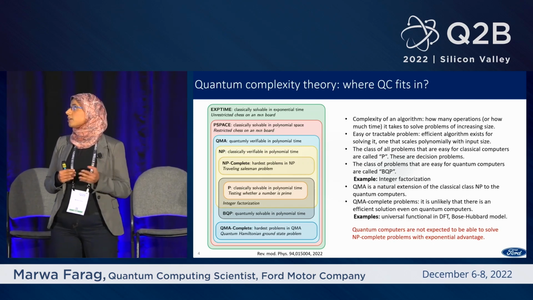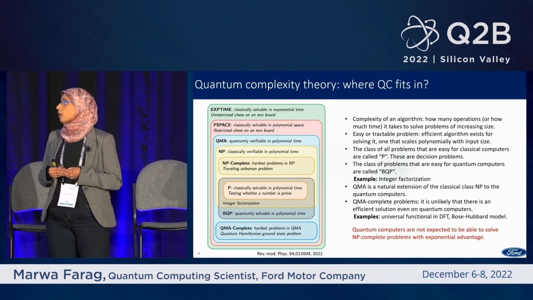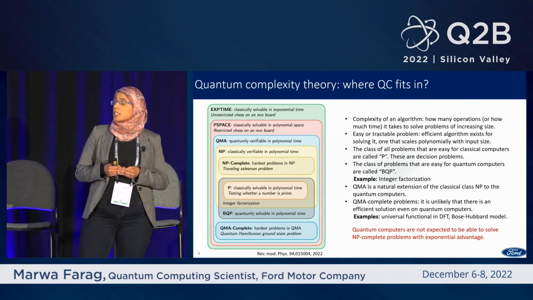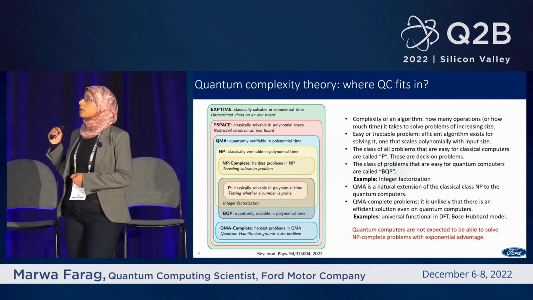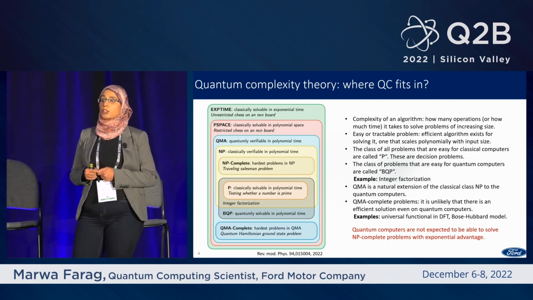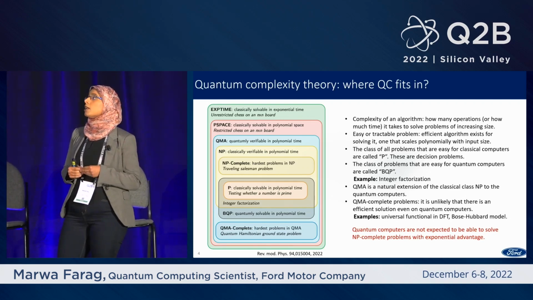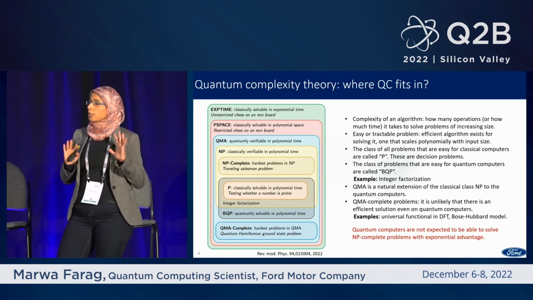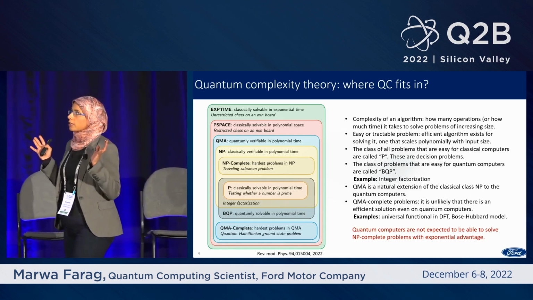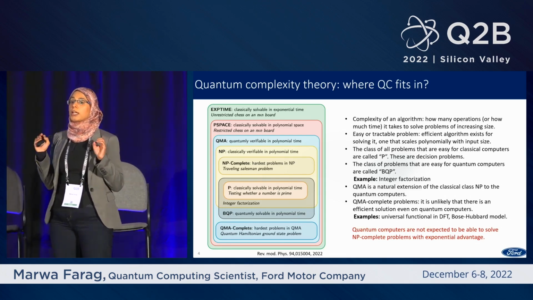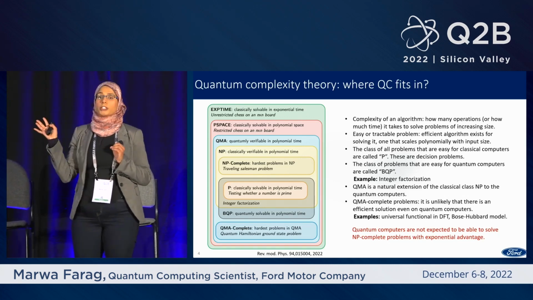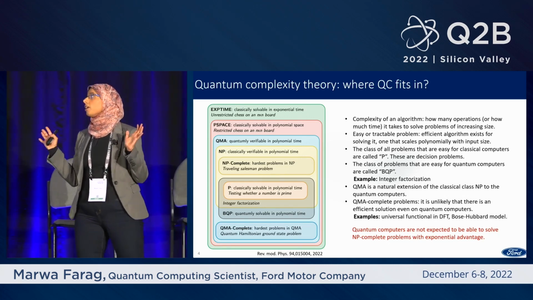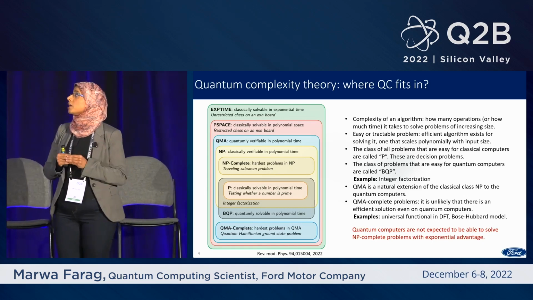A typical example we all know about is the traveling salesman problem. Then we have polynomial space. These are problems that need polynomial resources on a classical computer, and it can be solved in exponential time or any time. We don't know; it can be polynomial or exponential, but it does require polynomial space. Then we have exponential time, which are the hardest problems we have.